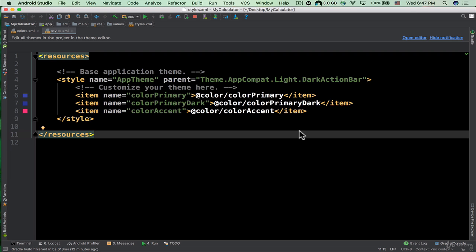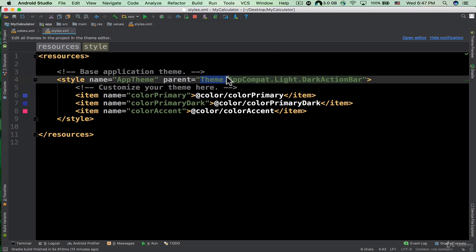But if you remember, we said that we want the lowest version, the minimum SDK of our application, to be Android Lollipop. So this means that we don't have to use this appcompat here, because Android Lollipop can handle material design. So for this theme here, we can just change it. We can say for the parent, let's delete this value. And because we want to use material design here, @android